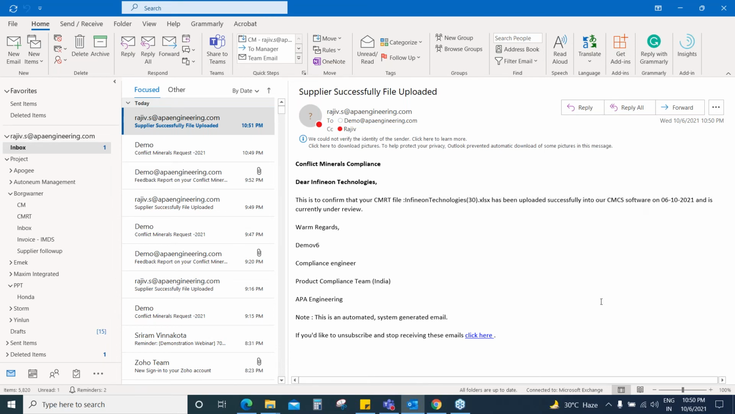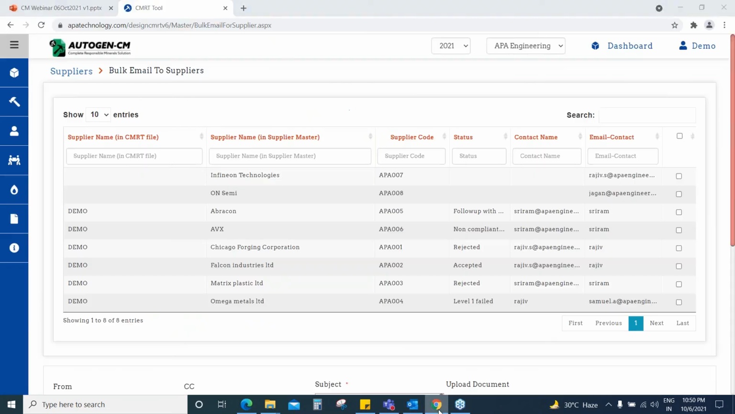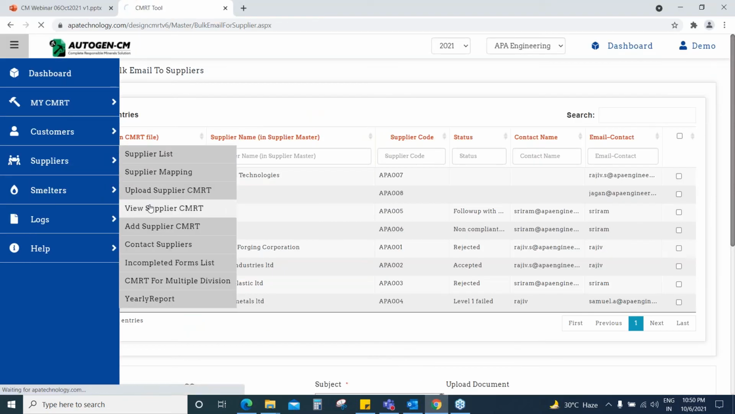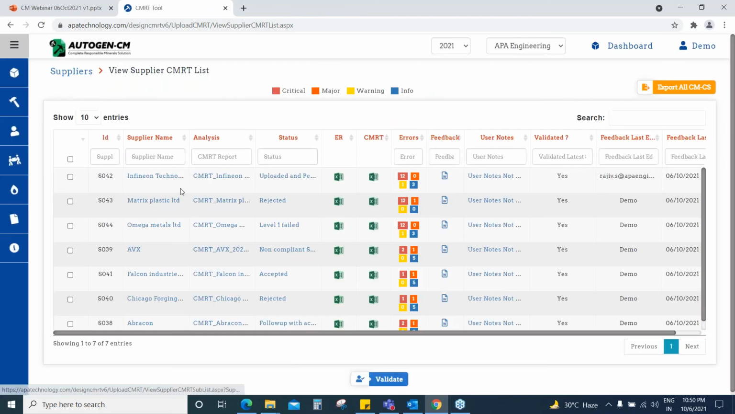Now I will switch over to view supplier CMRT to show the uploaded file. For that, Suppliers, View Supplier CMRT. The moment a supplier uploads the CMRT, an instant report from the AutoGen will be displayed here. This has 12 critical errors, 0 major errors, 1 warning, and 3 infos. Clicking on the analysis tab,